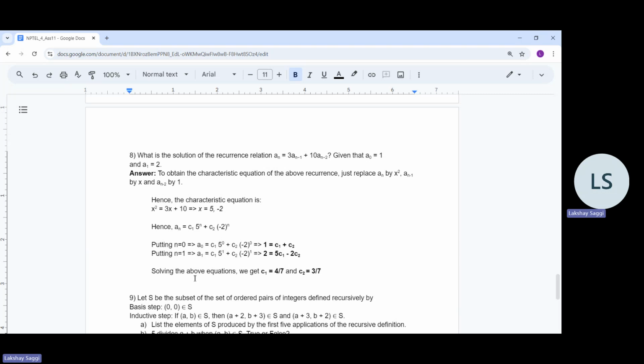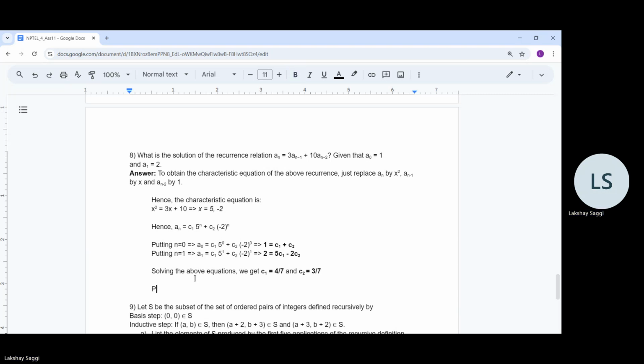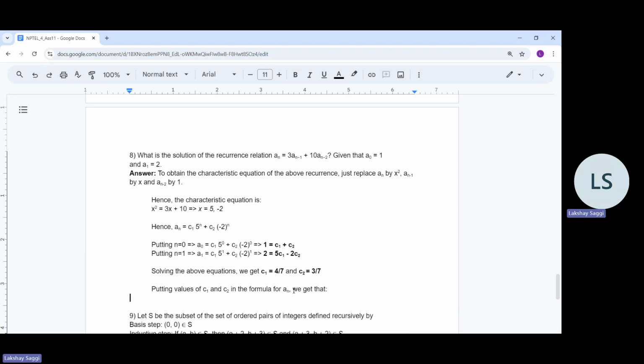And from this, putting the values of C1 and C2 in the formula for AN, we get that AN is actually equal to